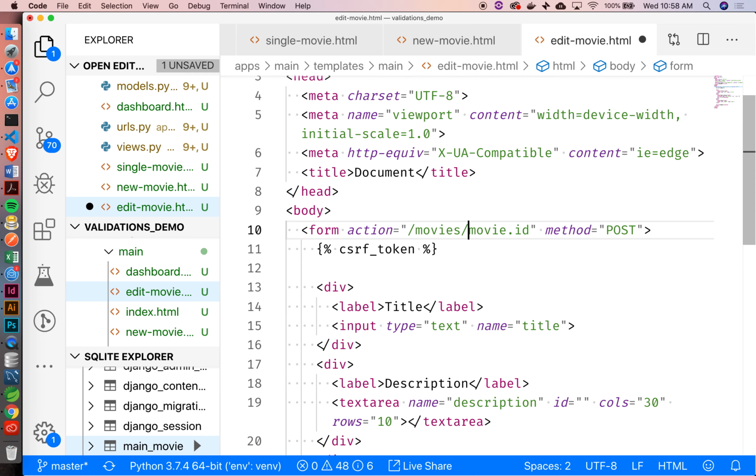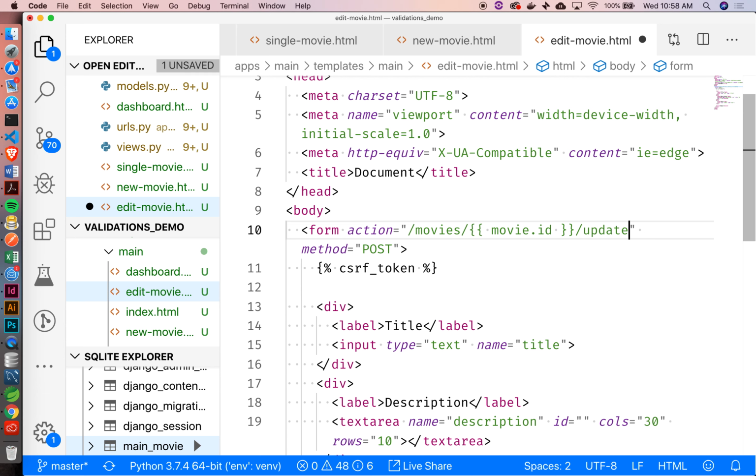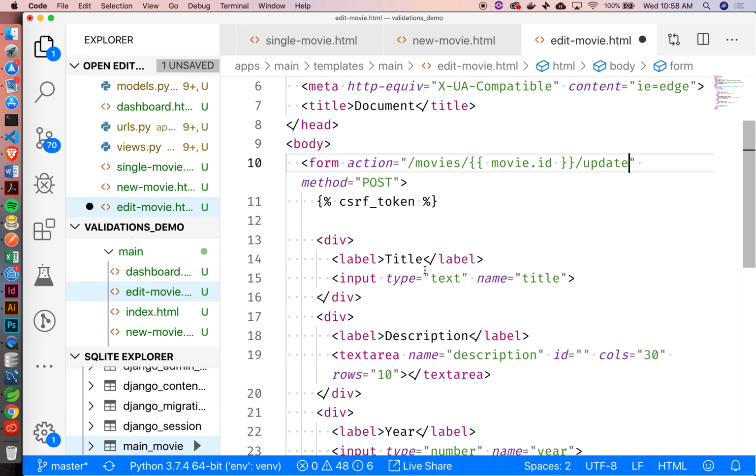So let's do this. Okay. All right, and then we're just going to tack on this update at the end. That's going to be our URL to update an existing movie. All right, cool. So inside here,